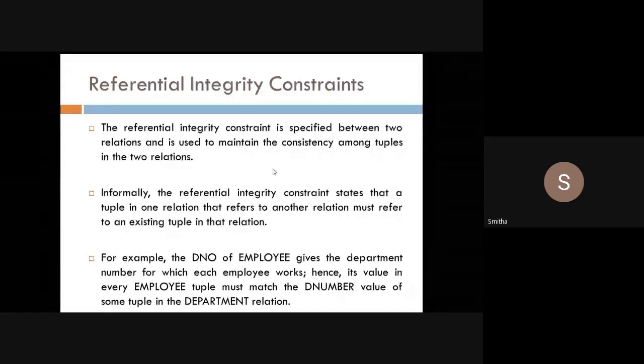We had an employee table, we had a project table, then we had employee works for project, and employee manages a particular department. Yeah, we had department, this one entity, means it is a relation, right? So now, if you take d number as the unique identifier in both the relations, then what happens? Its value in every employee tuple must match the d number value of some tuple in the other relation.